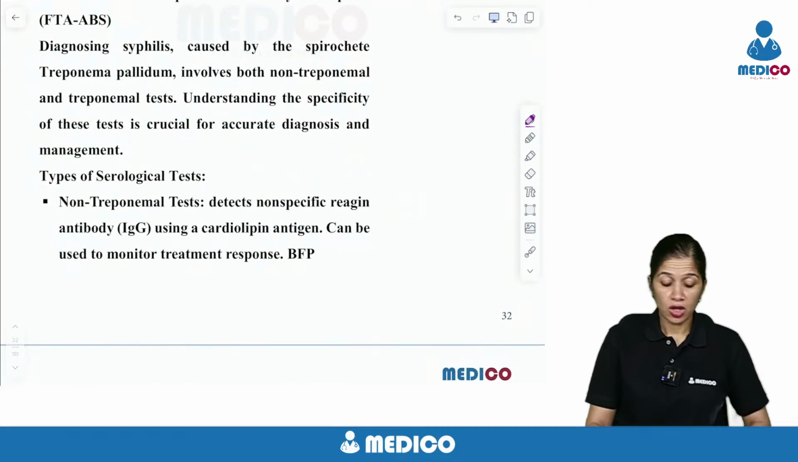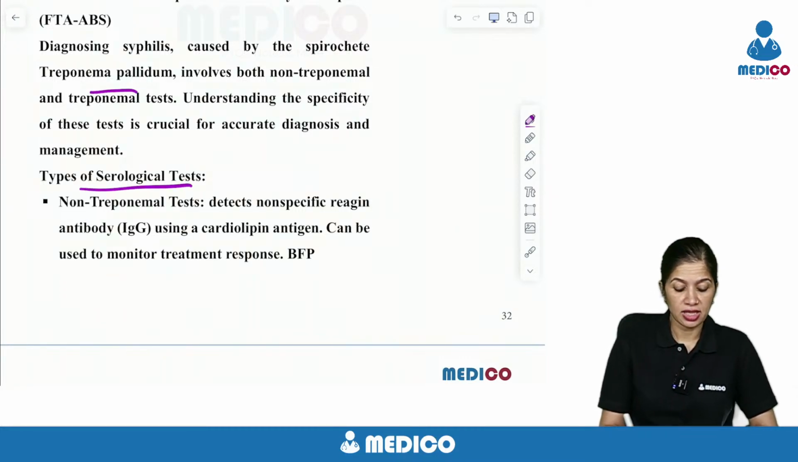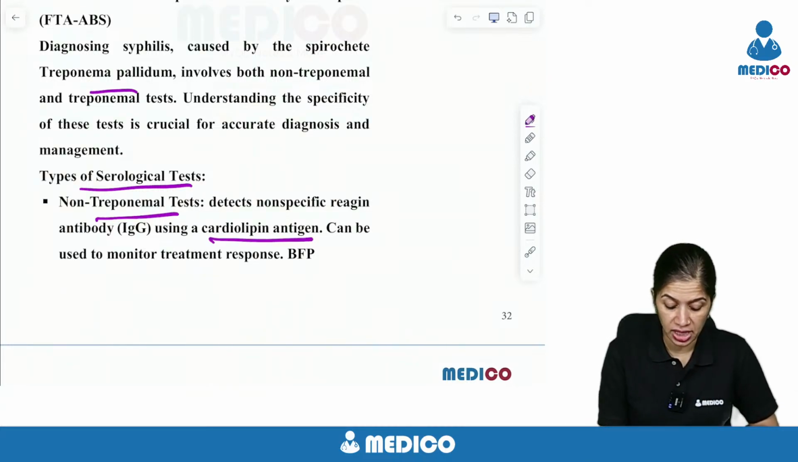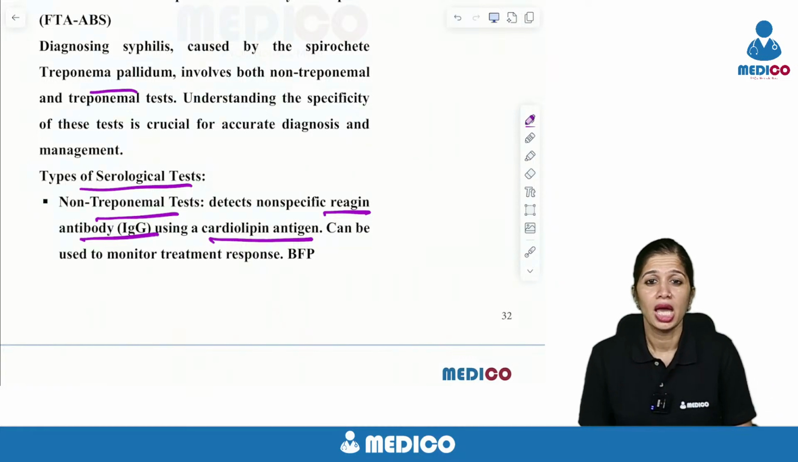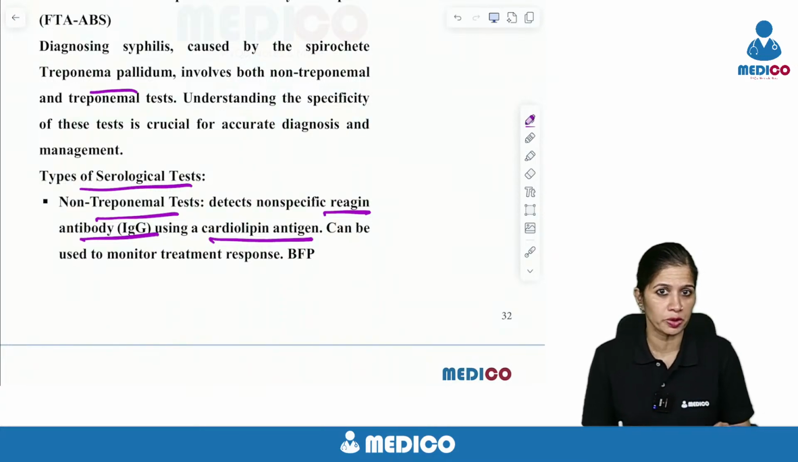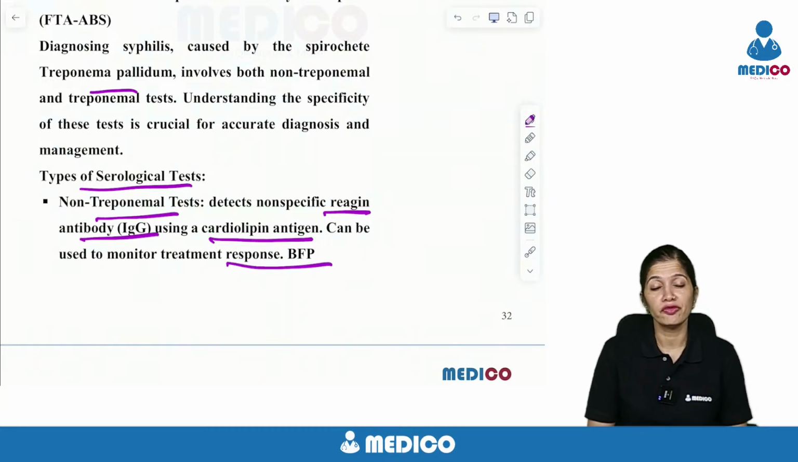So syphilis is caused by Treponema pallidum, and there are different types of serological tests. There is a non-treponemal test and a treponemal test. The non-treponemal test is basically making use of a cardiolipin antigen to detect non-specific reagent antibody. So the reagent antibody is an IgG antibody, and the antigen is actually a cardiolipin antigen. It's used mainly to monitor treatment response rather than for diagnosis, and there is a possibility of biological false positives